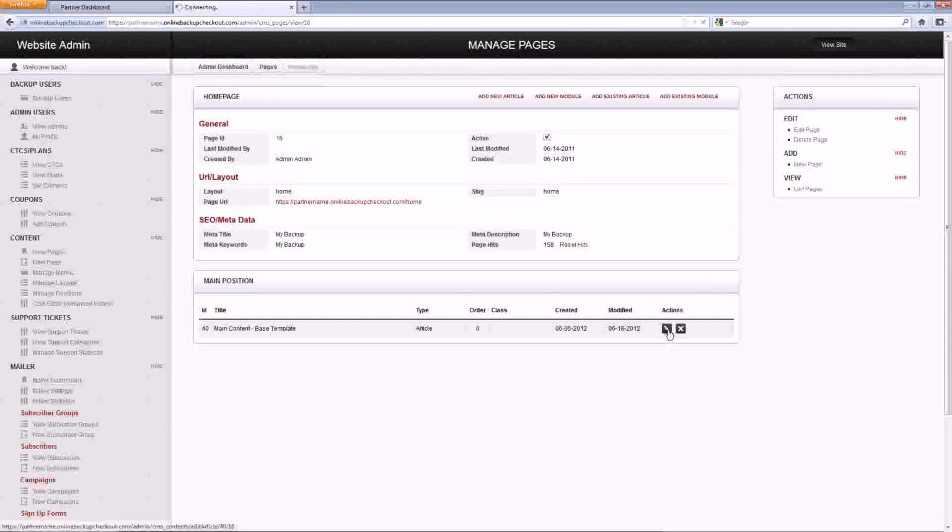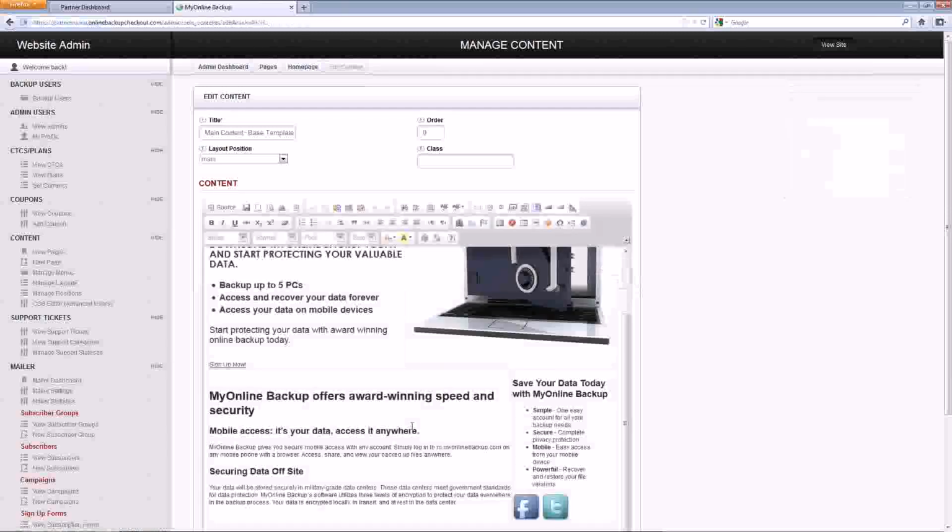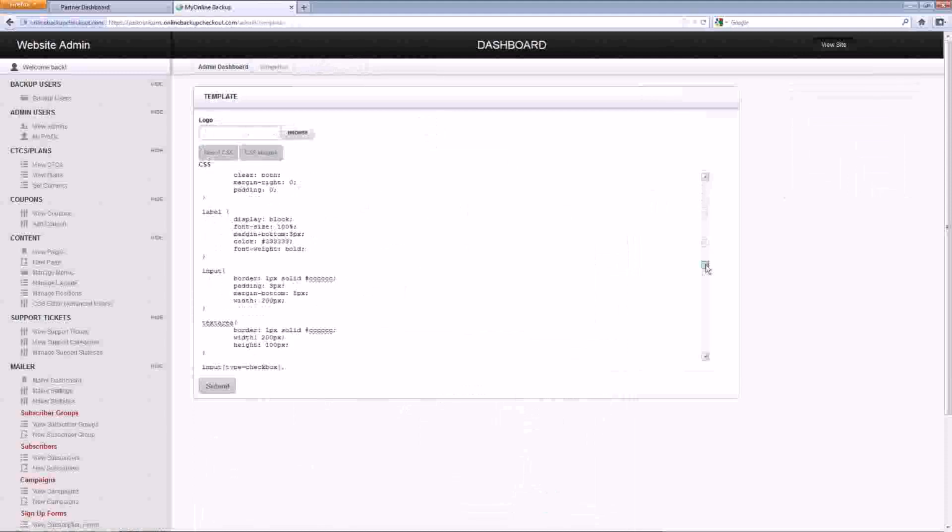If you go to edit here, now we have our visual editor, so you can change the content that's on the front site. And for our more advanced users who have some web design background and familiarity with CSS, we do give you some CSS access here. So you can come in and change the colors, rearrange some areas. So you have all the banners, the modules. This will be Greek to you if you don't know CSS,